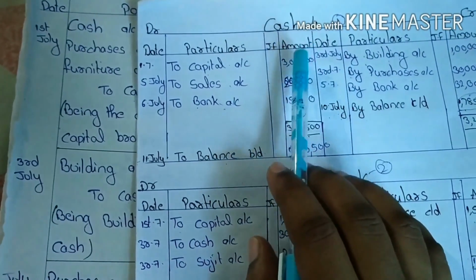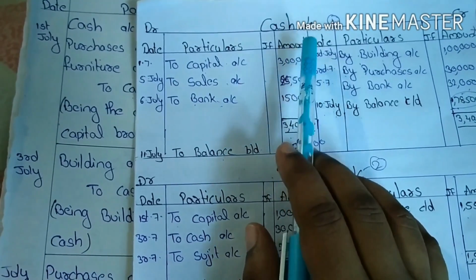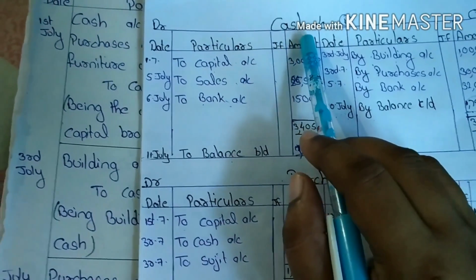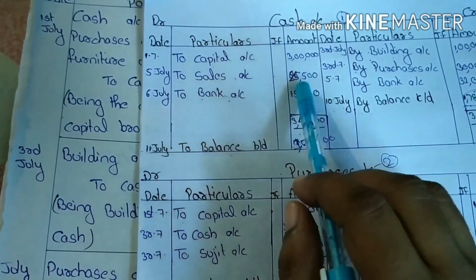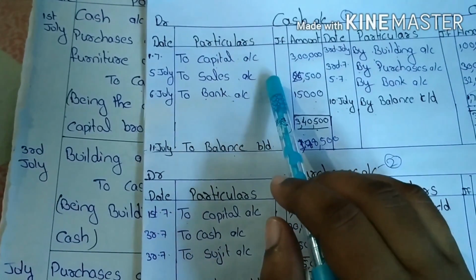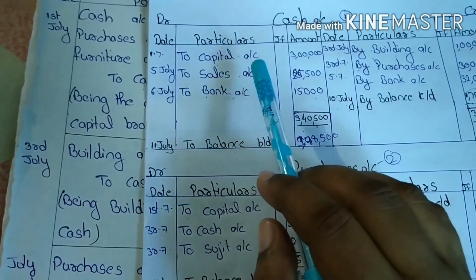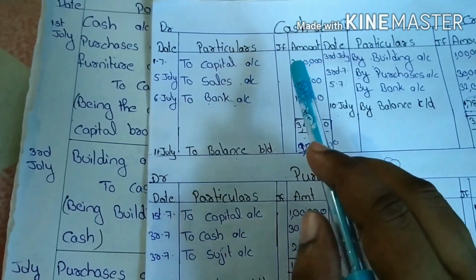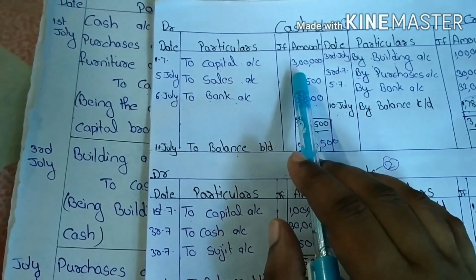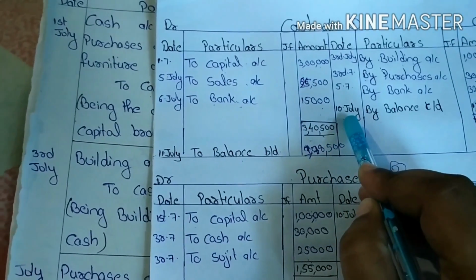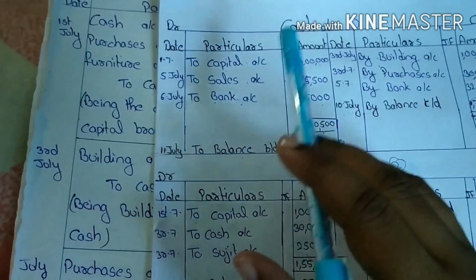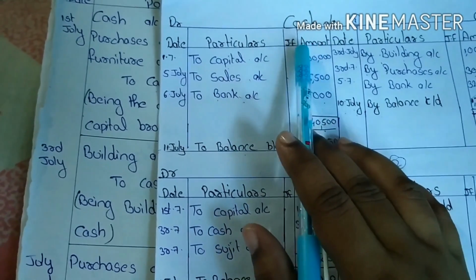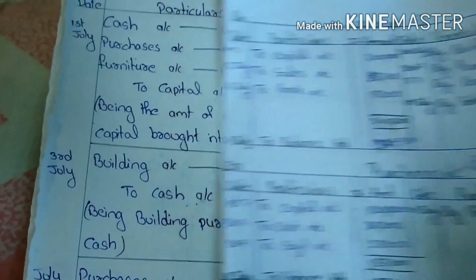All the transactions and dealings related to cash should be posted in the cash account. You prepare ledger accounts only up to 10 days, because only 10 days of transactions are included and only for 10 days have you prepared the journal entries. So on the 11th day you find the balance of the cash account, because the end date was 10th July. All the cash transactions should be posted in this account. Let's see one by one.